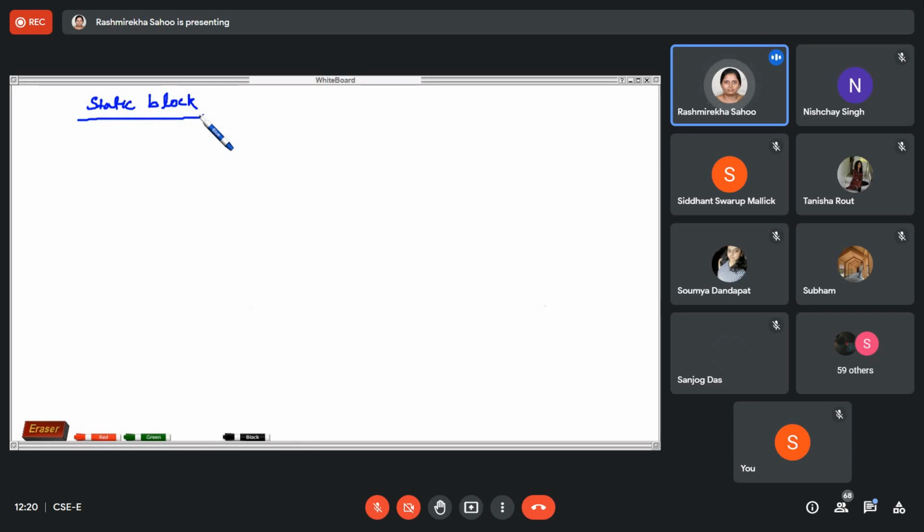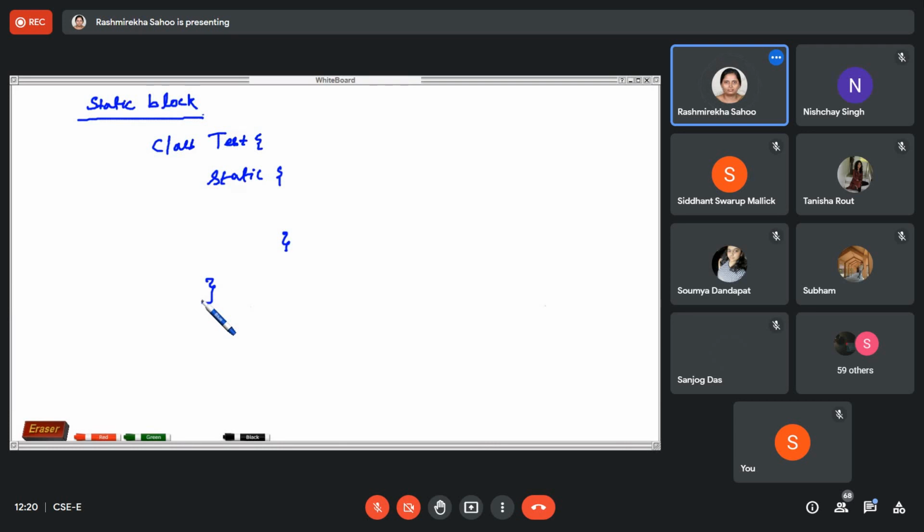So how to use a static block? Inside the test class, you simply have to use the keyword static with nothing else. So now this is your static block.